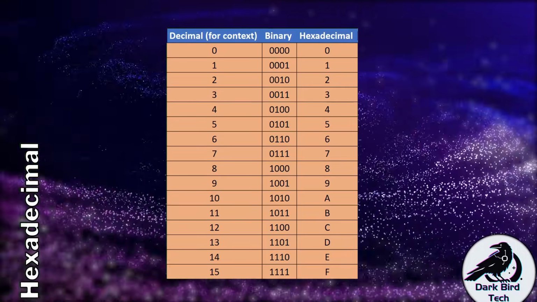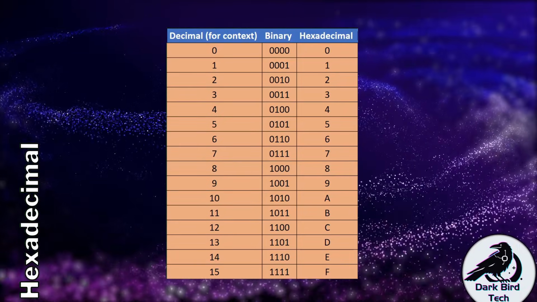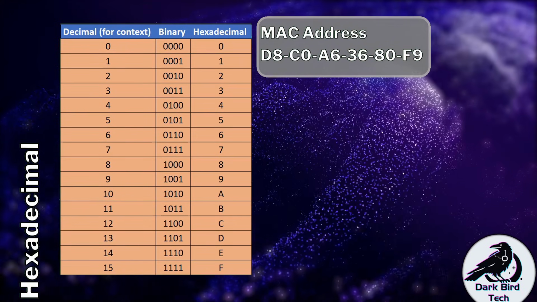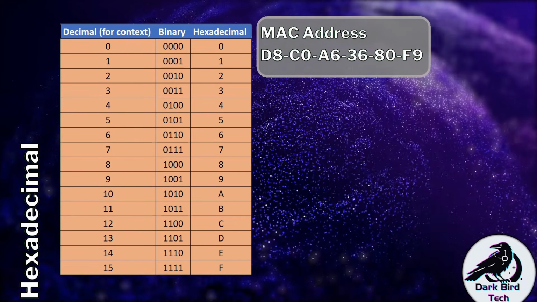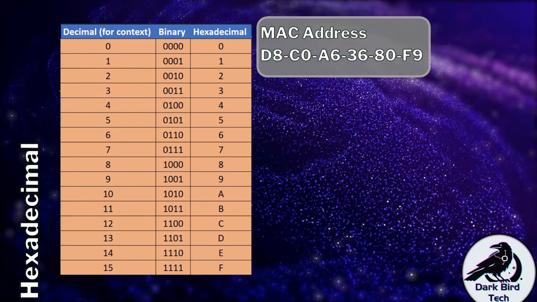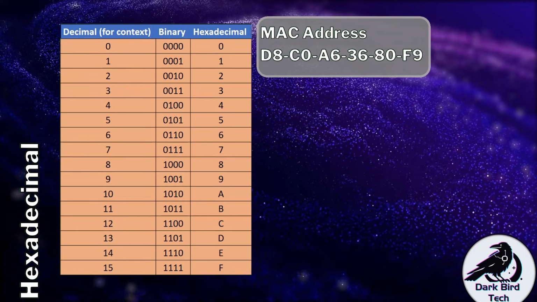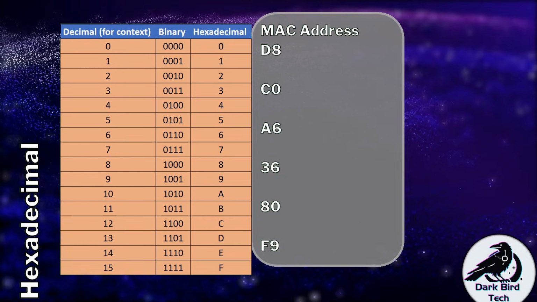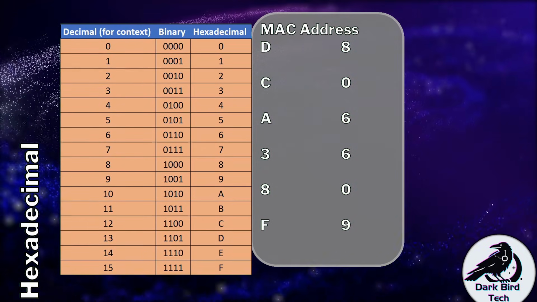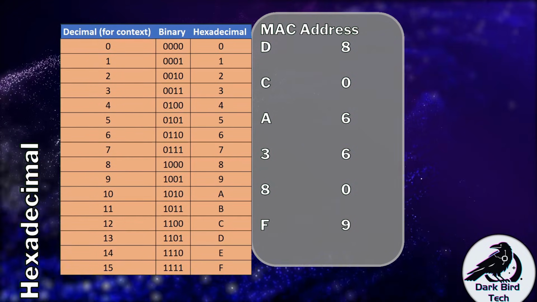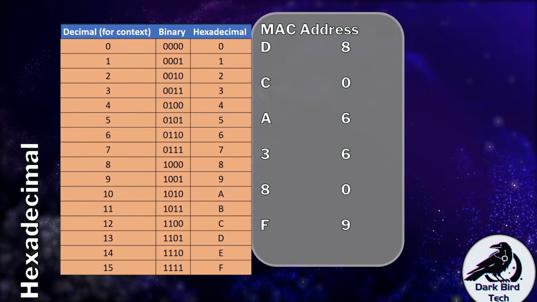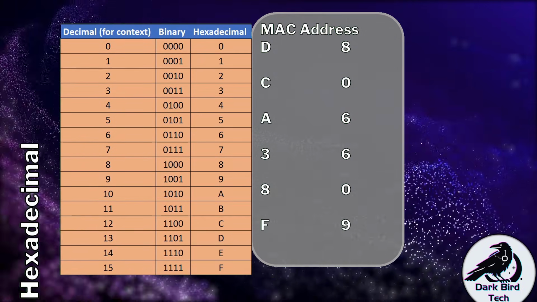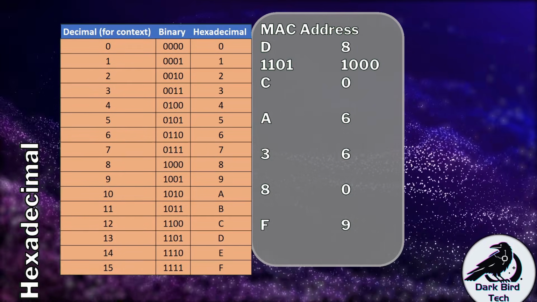Now, as I said, this is a simple substitution. So let's take a MAC address from a computer and play around with it. So this MAC address is D8C0A63680F9. Let's quickly rewrite that now so that we can play around with the numbers. And what we're going to do is this. Every time we see a hex value, we'll put in the corresponding 4 binary bits that it's meant to represent. So D is